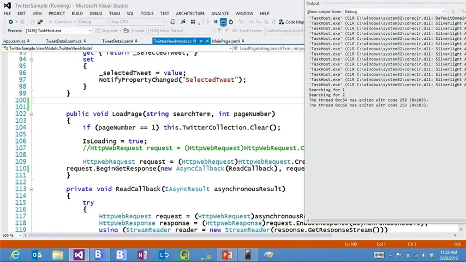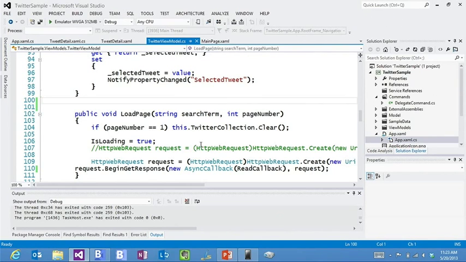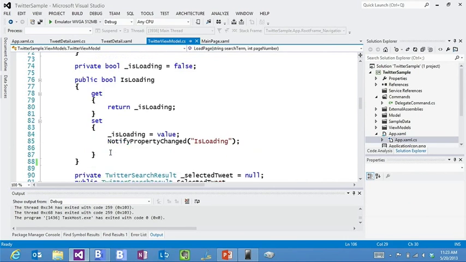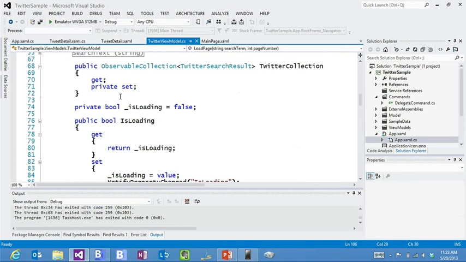Now, how is that possible? Let's take a little bit of a deeper look at the code that's driving this. So when we load up the tweets, we push the tweets into this thing called Twitter collection. And inside of our main page.xaml,